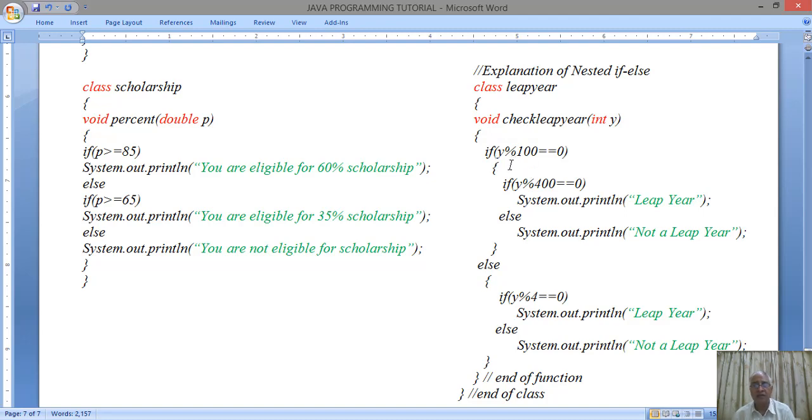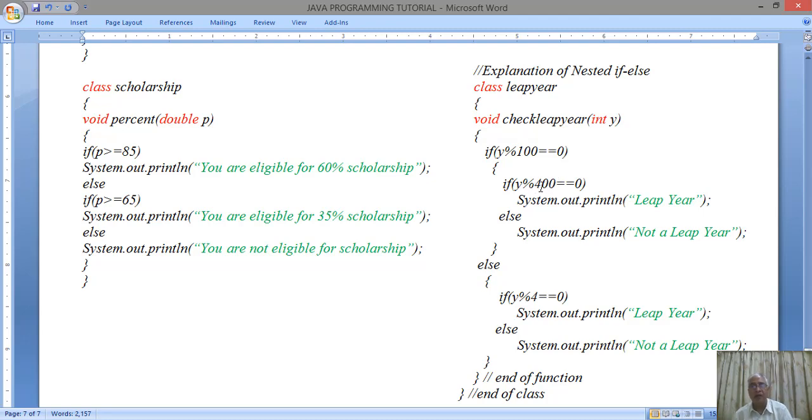One is a leap year is a year which is divided by 4 completely, and that is a leap year. But in case of century years, suppose 1900 or 2000 or 2100 or 1600 or 1700, these are called century years. In this type of a year, there is another condition that century years are only the leap years which are divided by 400. Not only that they are divided by 100, but they should be divided by 400. Means a century year has to divide by 400. Only then it is a leap year.